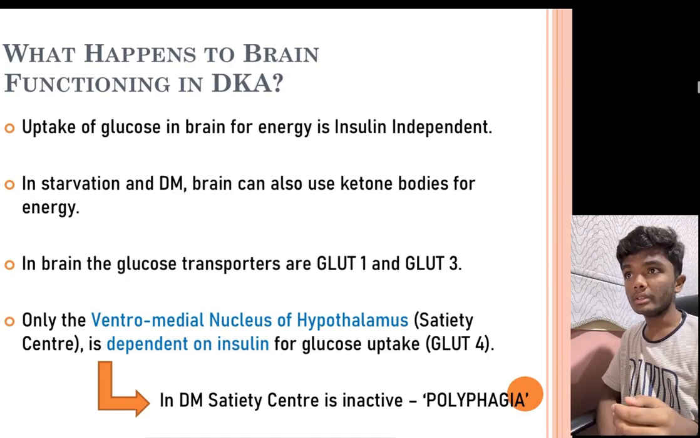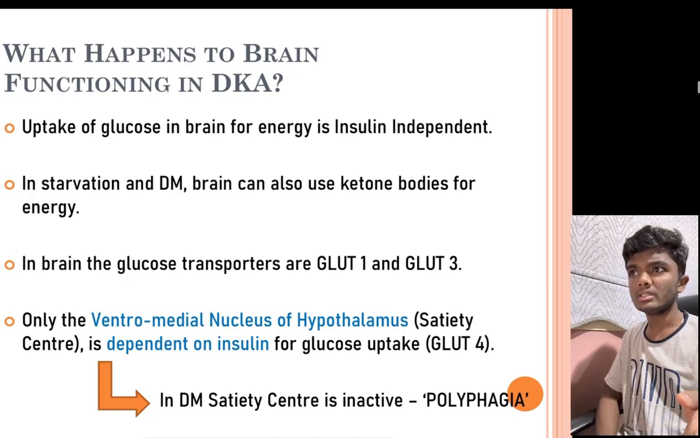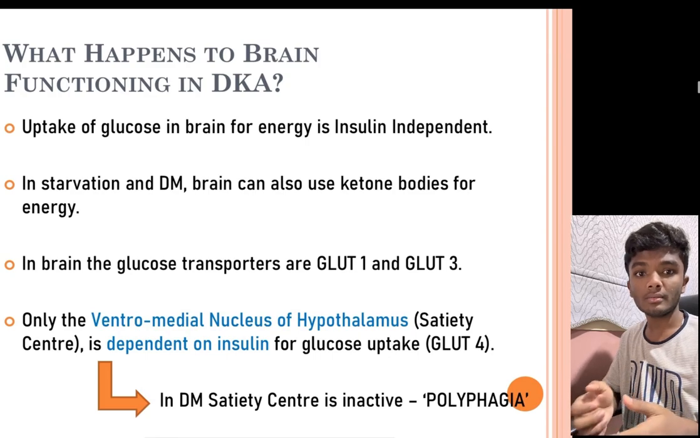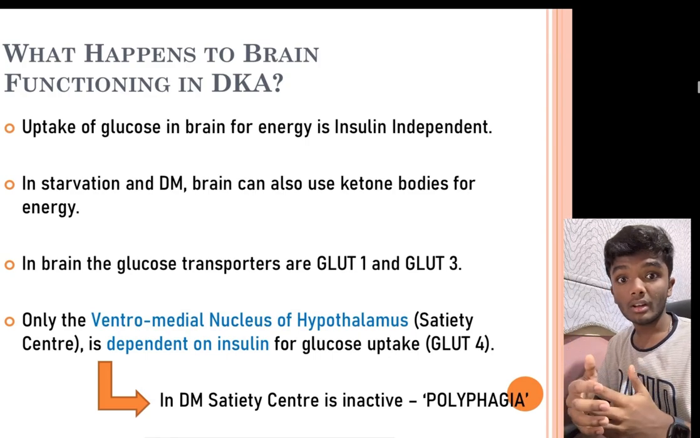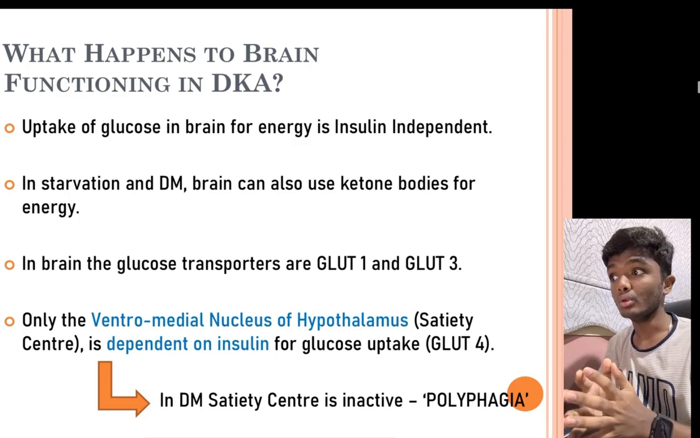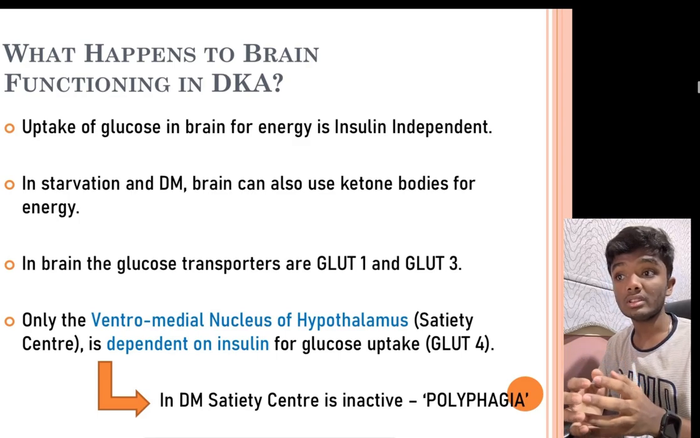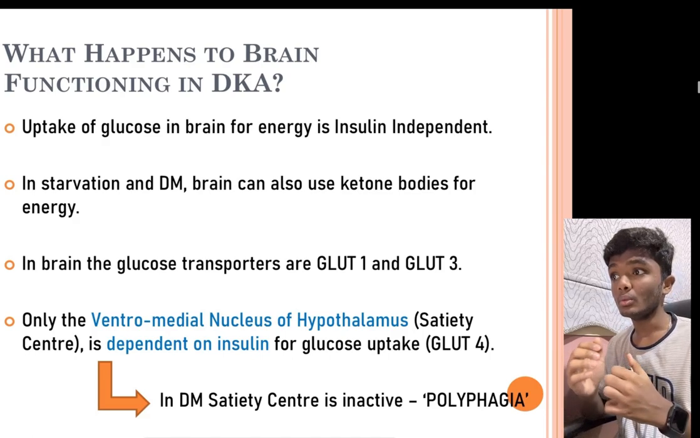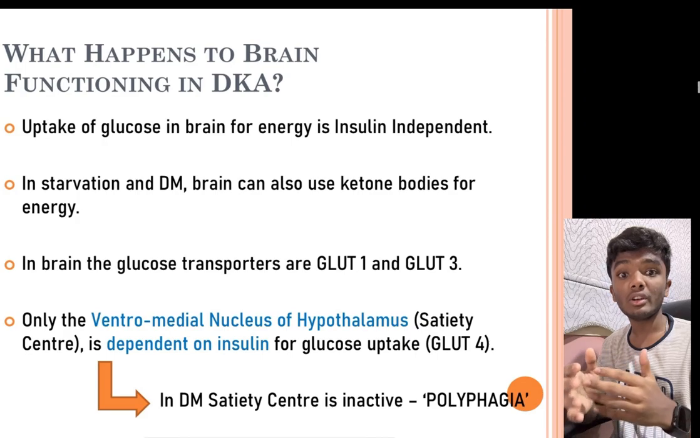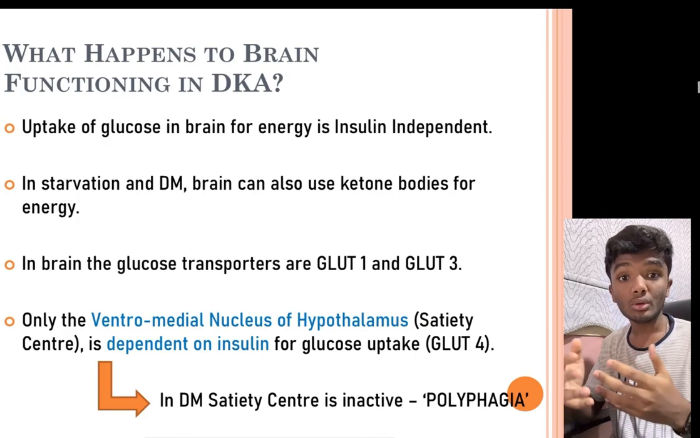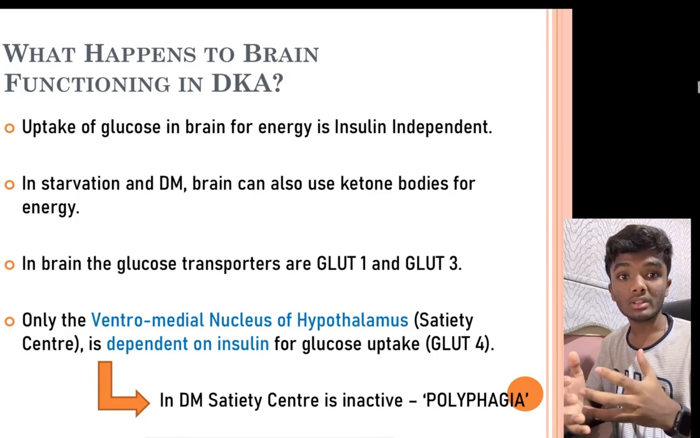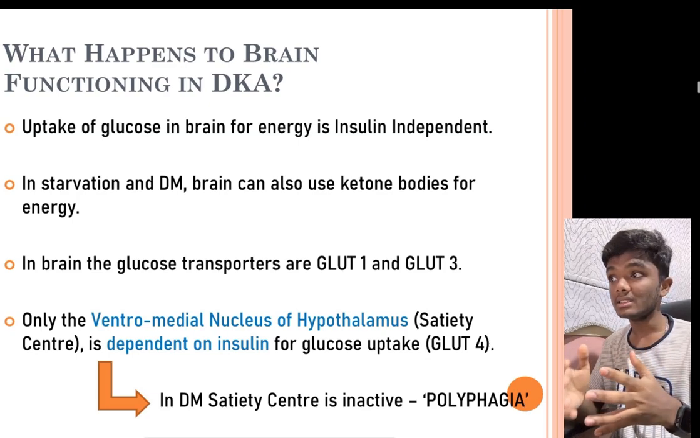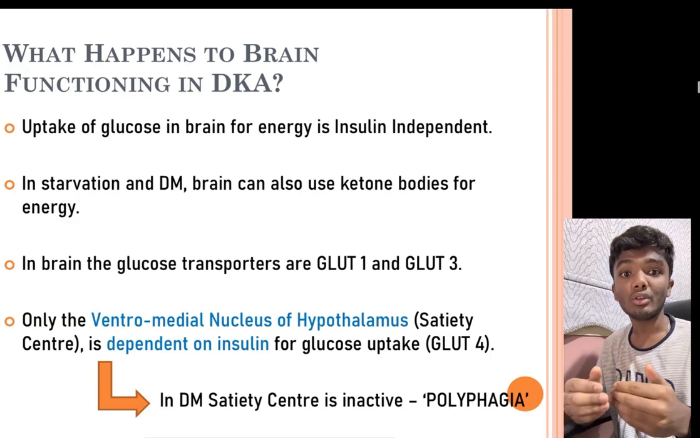We should also remember that in starvation and diabetes mellitus, the brain can also utilize the ketone bodies formed for energy production. But the satiety center of the brain alone is dependent on insulin for glucose uptake. That is, the transporter involved is GLUT4. The satiety center of the hypothalamus is the one which sends you signals to prevent you from excessive eating. Imagine you take a meal, you get a feel of fullness after a while. This feeling of fullness activates the satiety center, and this satiety center sends you signals to prevent you from excessive